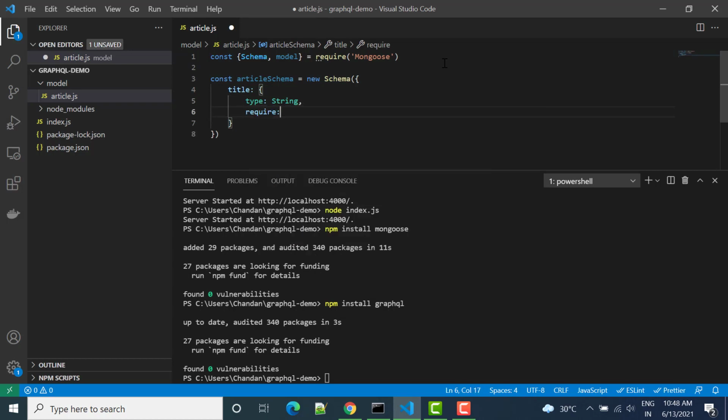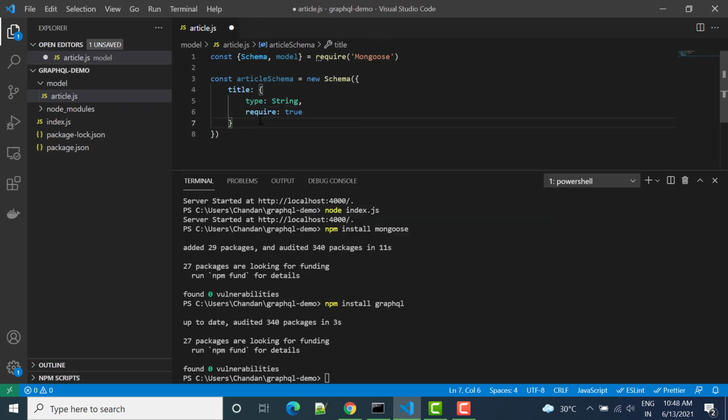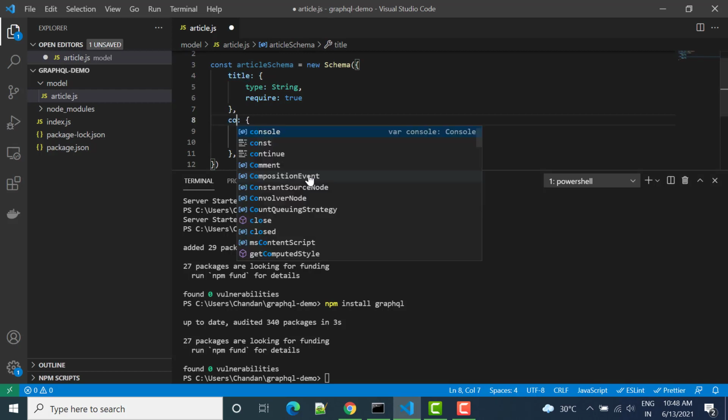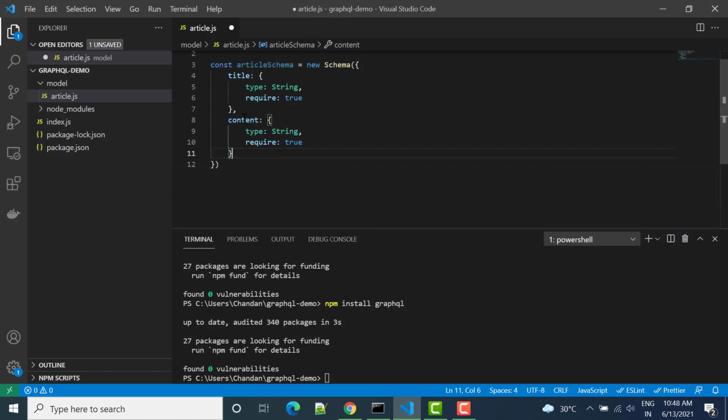Yes, required is true. So one field we have added, that is title, and similarly I can copy paste it and add one more field, and the field name will be content. In this content we have type string, and required is true. So as of now we have two fields, title and content. We can add more, and there are a lot of things that we can add here.